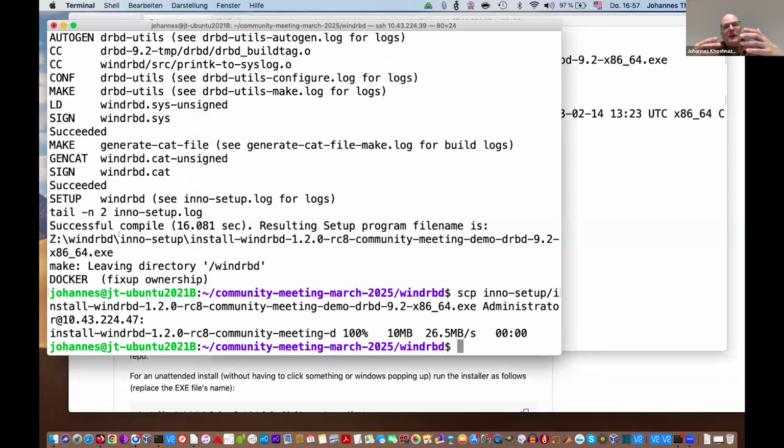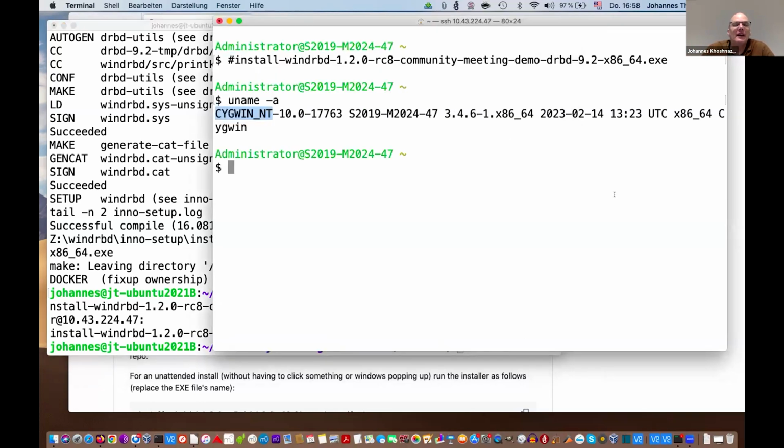Cygwin is a POSIX emulation library for Windows. It allows you to compile most Linux programs for Windows, and it also comes with a secure shell server, which is very handy. So I don't have to use the Windows desktop. Yeah. If I just start this very silent,